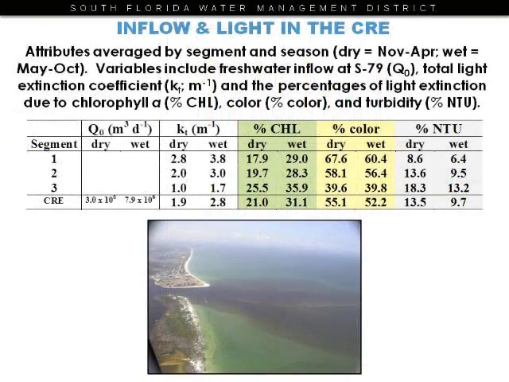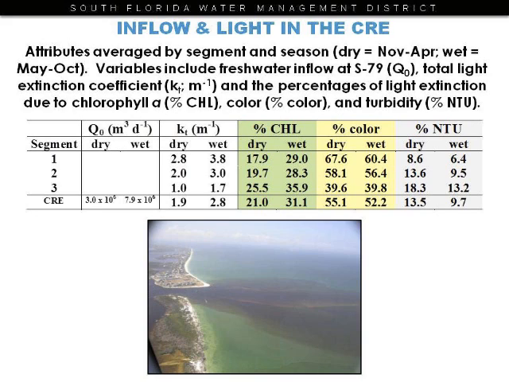So here are the total contributions to light attenuation that are averaged by segment and season, dry versus wet. And overall, you can see again, light attenuation is greater in the wet season. That has a lot to do with the effects of chlorophyll. It's increased in the wet. It increases in the downstream direction. Color is higher in the upper estuary, lower in the lower estuary. Overall, over 50% of light attenuation in this estuary, both wet and dry seasons, is due to the effects of components of organic matter. And for more details on this, there's a poster by CHNEP that goes into much more